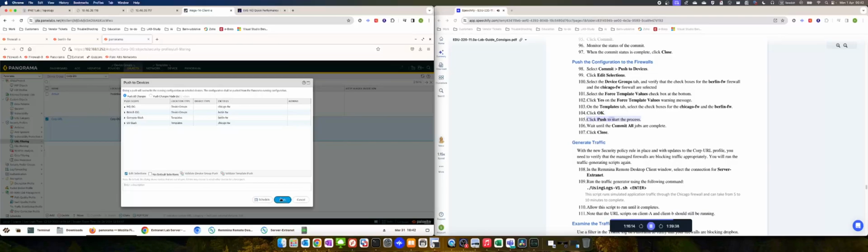On the Templates tab, select the checkboxes for the Chicago FW and the Berlin FW. Click OK. Click Push to start the process. Wait until the commit all jobs are complete. Click Close. Generate traffic. With the new security policy rule in place and with updates to the Corp URL profile,